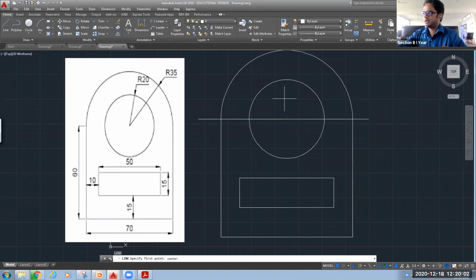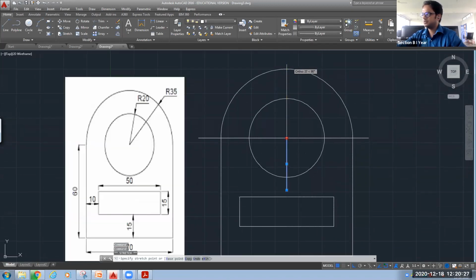So I want to make a line. You click on this line command. This is your center point. Now this line I have drawn, I will extend it to the upper side also, just beside this point, and